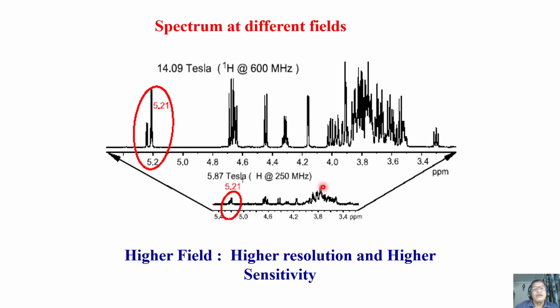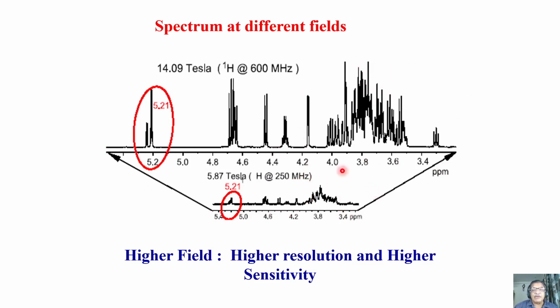Now, let us say you have the pleasure of using a high frequency spectrometer. You have an opportunity to record at 600 megahertz the same molecule, the same sample, the same solution which you have prepared in the NMR tube, which I showed you in one of the classes. Take it and put it in a 600 megahertz spectrometer and then record the spectrum. See the range now. The same in the ppm scale. I am not changing 3.4 to 5.4. It remains the same. But look at the chemical shift dispersion here and the type of spectrum you get here and here.